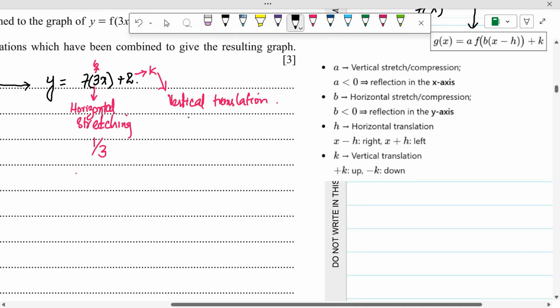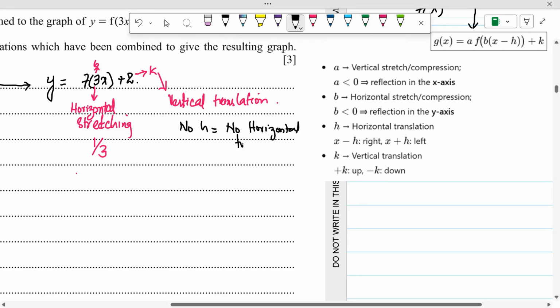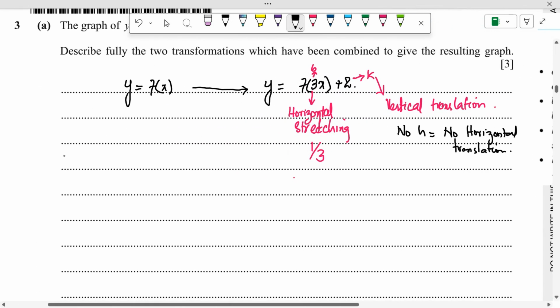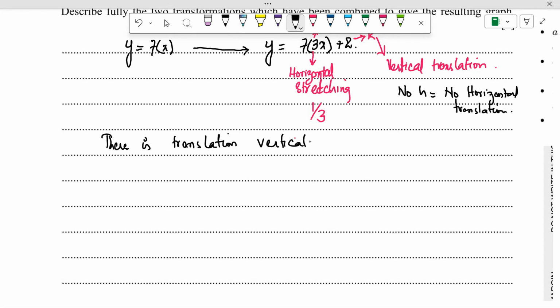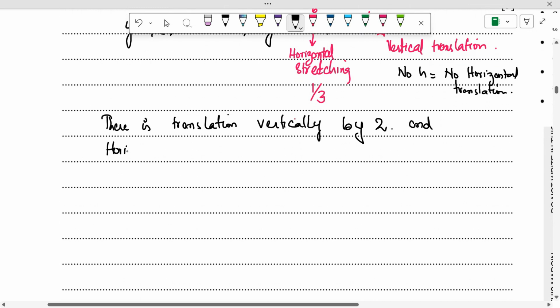And there is no H, no horizontal translation. So we can say that there is translation vertically by 2 and horizontal